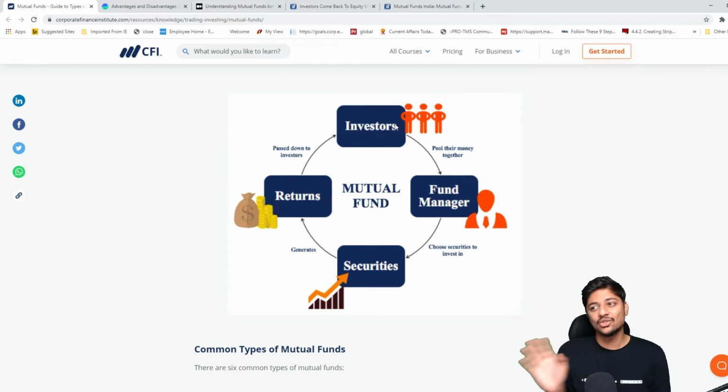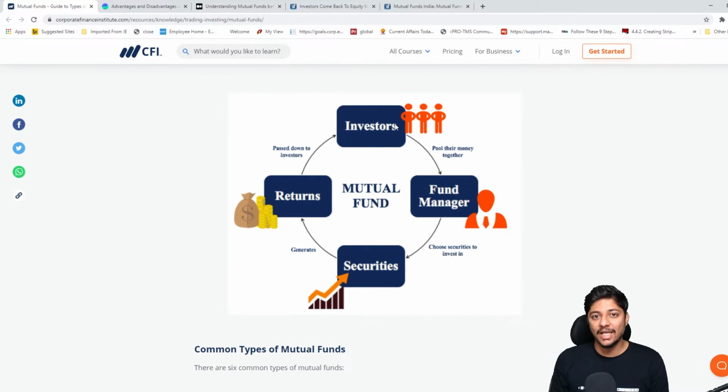So obviously that guy's job is not a very easy job, because everything he does is public knowledge. Everyone can see what he's doing, and you're always under the limelight, always under scrutiny. Oh, this guy invested there, this guy invested here. Is it good or is it bad? And if he doesn't give returns, everything is open, right?